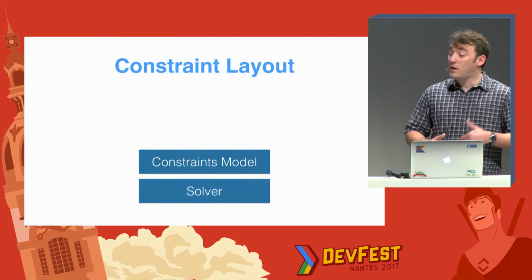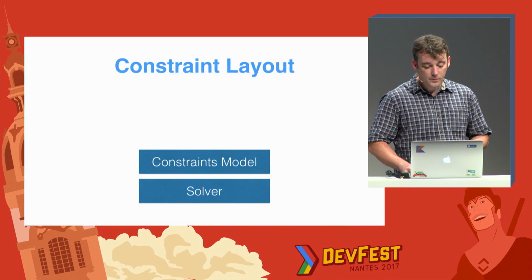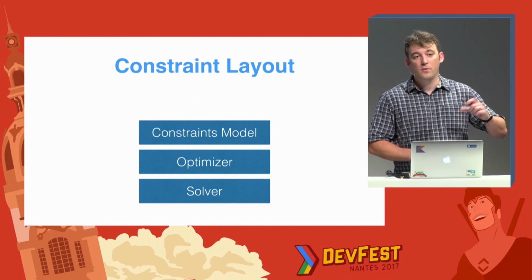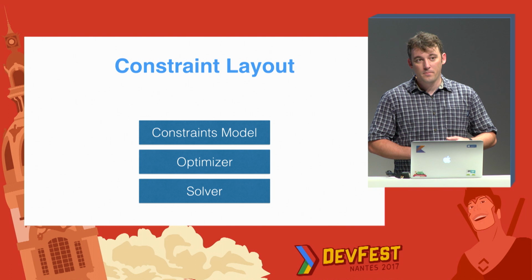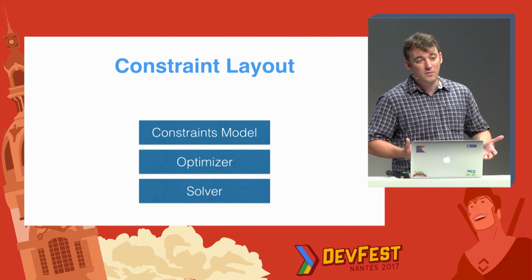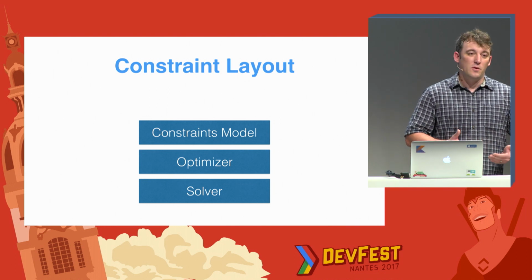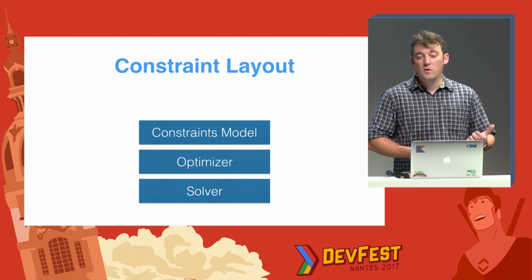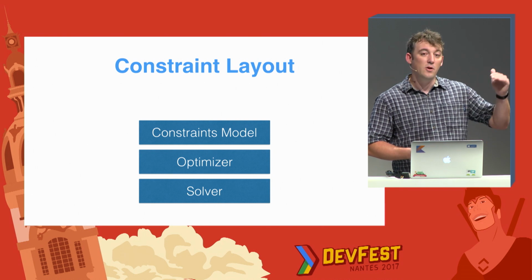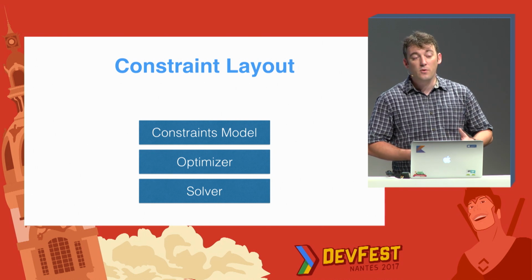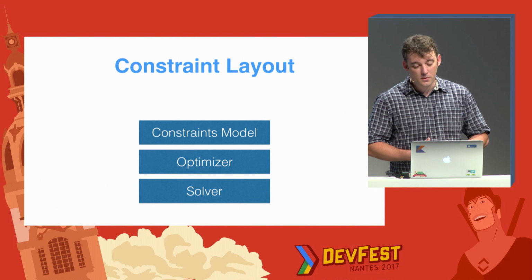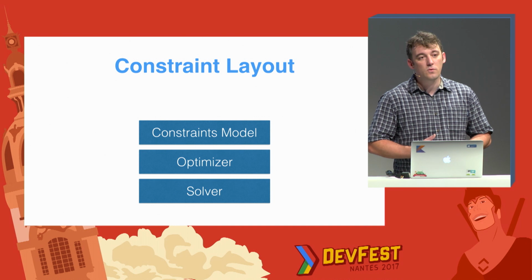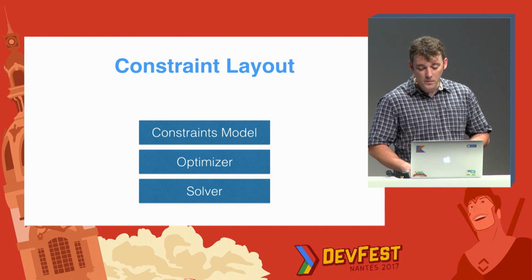Another thing we did is, because we've got this constraint model, we can easily optimize stuff before even going to the solver. So in some ways, of course, we have some optimization in the solver, but if you start optimizing at the solver level, you're a little late in many ways. And because the constraint model is sitting a little higher up than that, you have more information to do interesting optimization. So we are taking strong advantage of that to keep the performance pretty good.